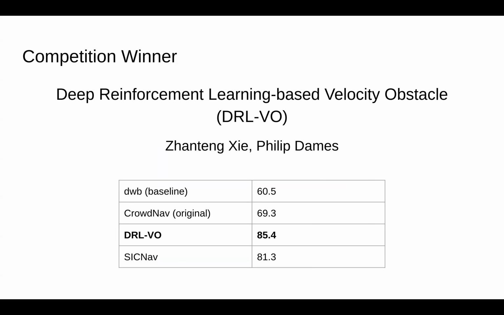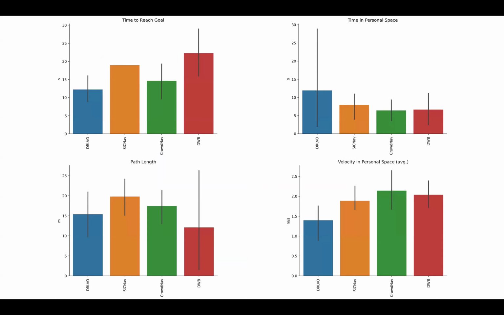Okay. So below you can see the table of the relative scores. You might have taken a look at the formulas in our metrics slide. These are relative formulas, so this is the relative performance of the planners against each other. And you can see it was a pretty close call with SICNav just coming in a little short. And maybe there's some room for improvement and people can further improve their planners. So the overview of the main core metrics, these are bar plots with confidence intervals. And you can see that DRL-VO mostly outperforms the others, even sometimes for the time to reach goal, the classic planner metric.